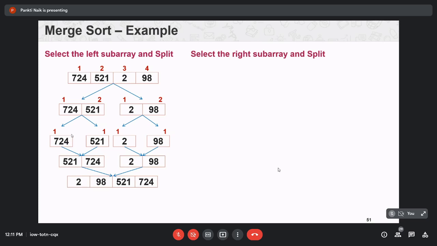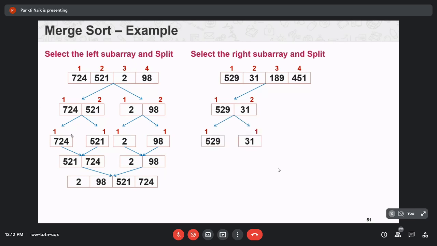Now select the right sub array of your original array. Repeat the same procedure. Divide into n by 2 partitions. Again divide into n by 2 partitions until you get a single element list. After you get the single element list, combine it into a sorted group.